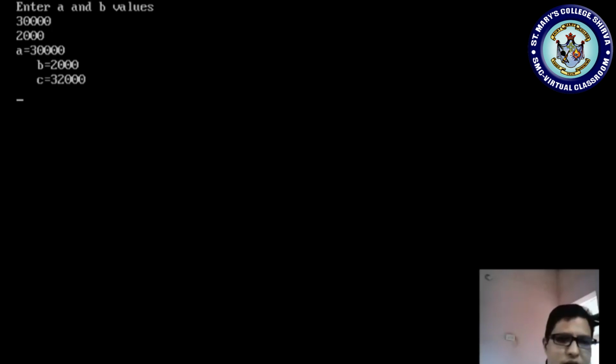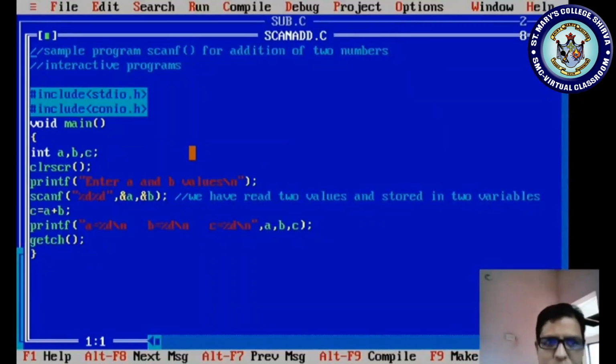Suppose I am modifying here. Please observe. I am removing int and making it a float. I am not changing anything else. Let me check. I am saving. I am compiling. I am not having any errors. Right? But you are getting inappropriate output. Let me check.